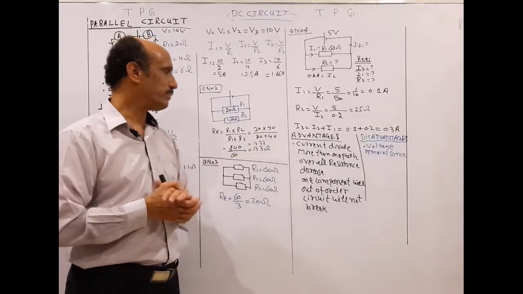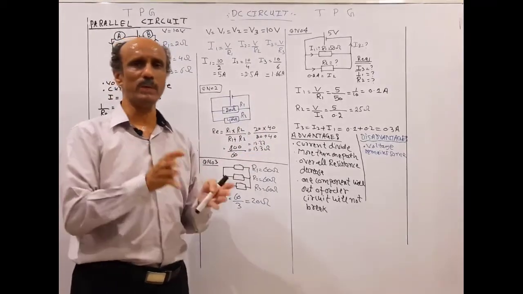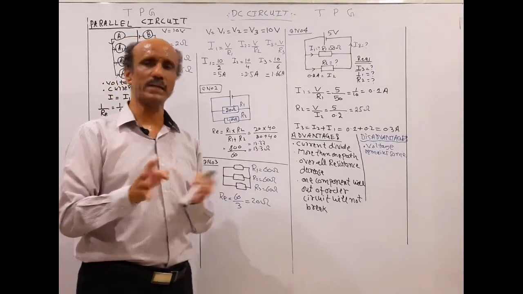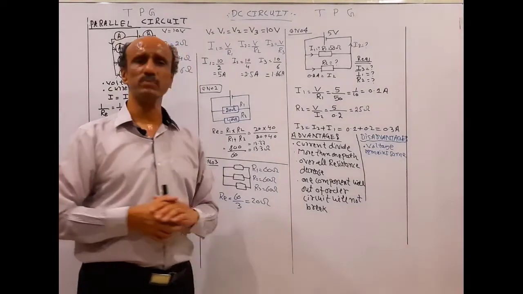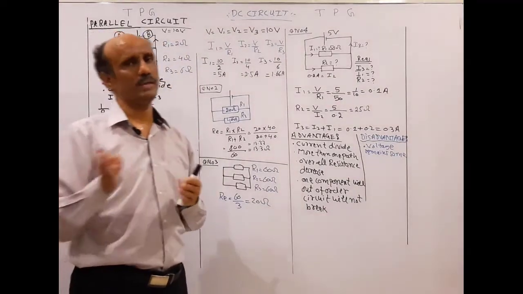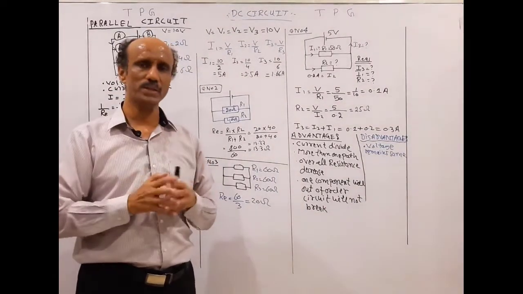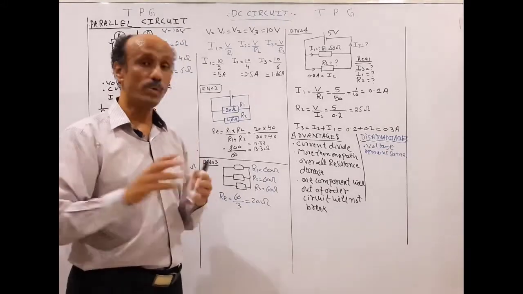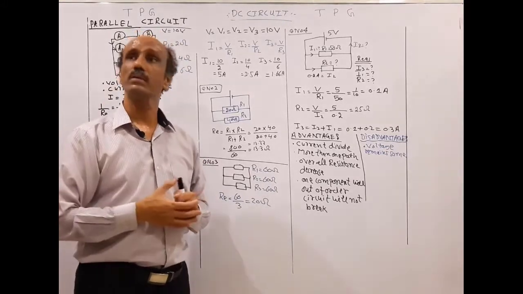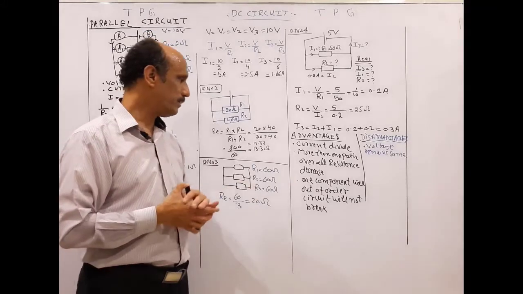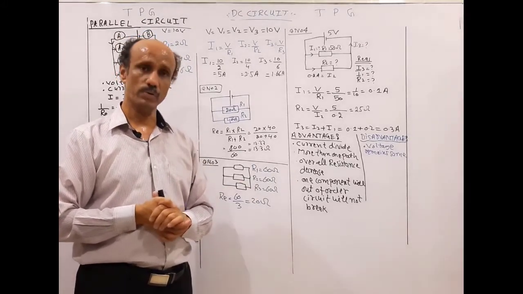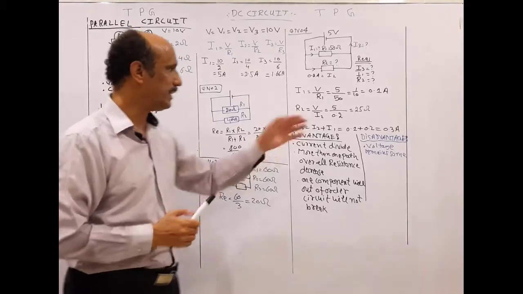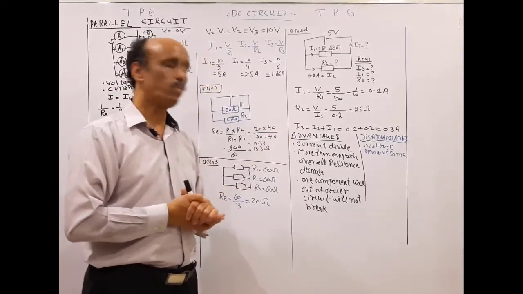The advantages of the parallel combination: the current will divide, so we can provide the required current to a particular device, and there is more than one path for the flow of current. Another advantage is that the overall resistance of this combination will decrease, which will increase the current from the source. And if one component does not work, the circuit will not shut down, it will keep on working. And then there is a disadvantage that voltage will remain